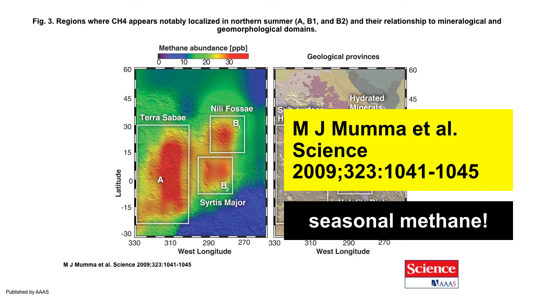Like if you're in a swamp and you get swamp gas, methane, you're going to get a lot in the summer. But if you're in a swamp that's up north that freezes in the winter, you're not going to get much swamp gas. And there's a lot of freezing and melting, we think, on Mars. So they're thinking this might be a form of life, because definitely methane is a sign of life here on our planet. But it forms naturally too, without being initiated by an organic life form. Anyway, you can look that one up in the journal Science, M. J. Mumma et al., in 2009.